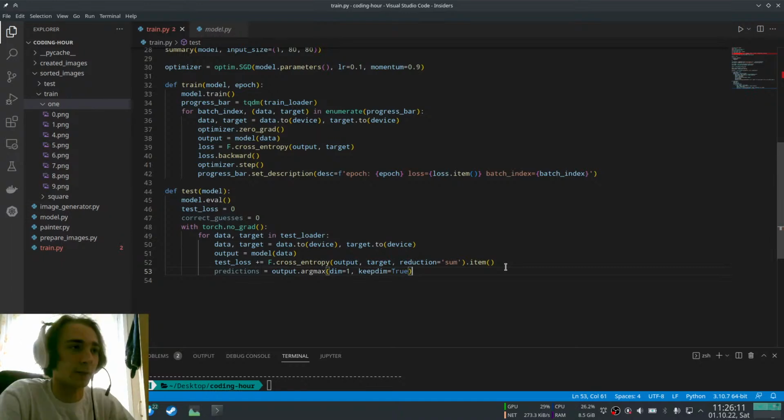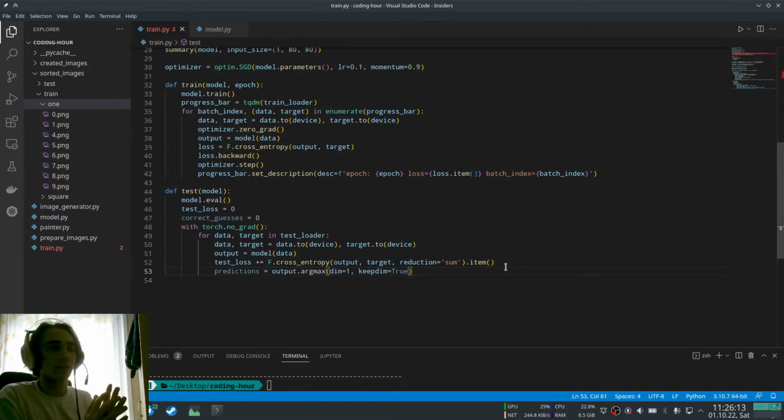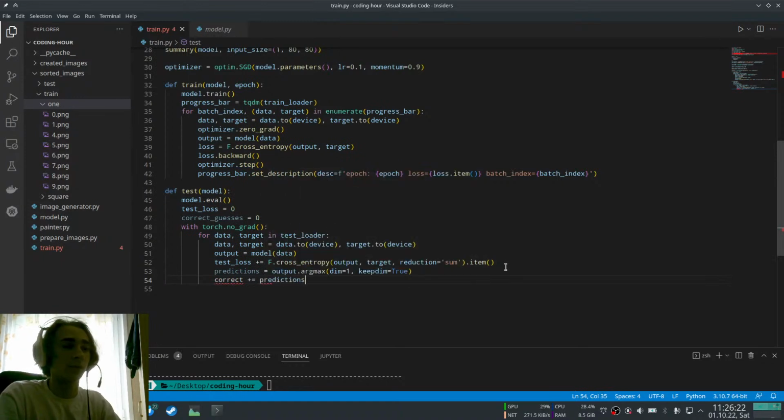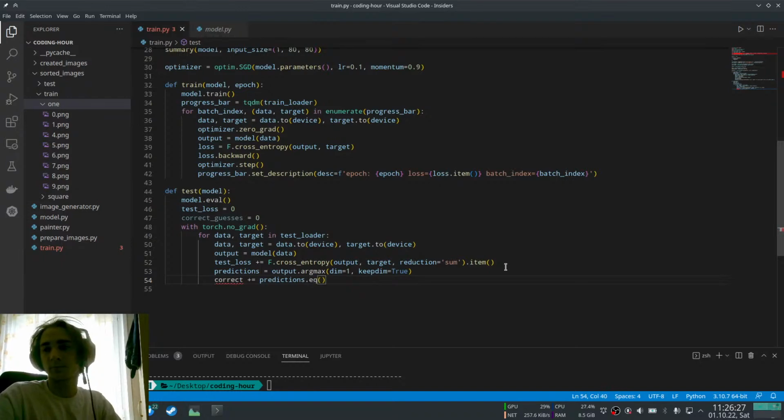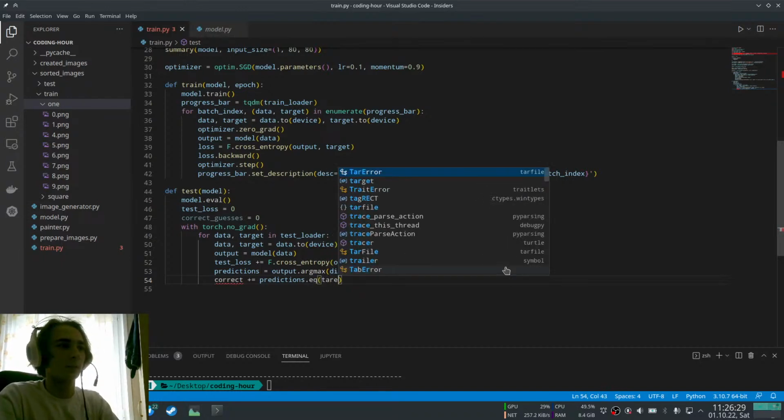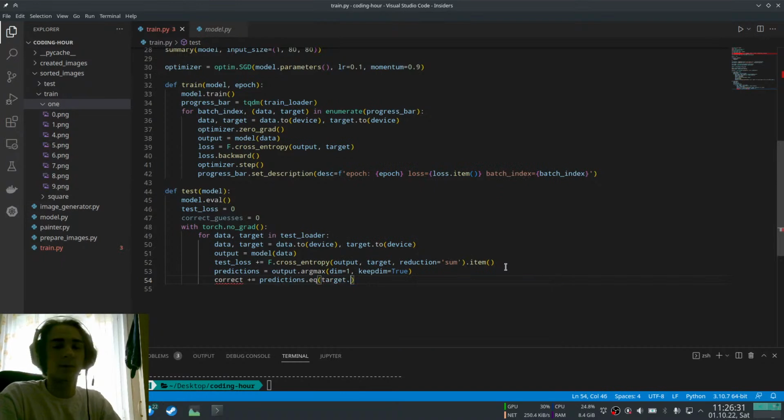So what I do here is that I get predictions from our neural network, and later on I'm adding correct guesses. So predictions dot equal target